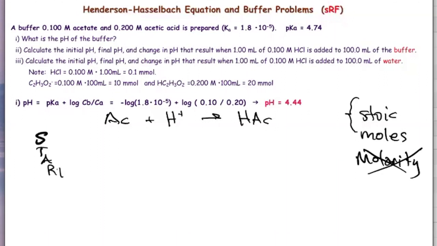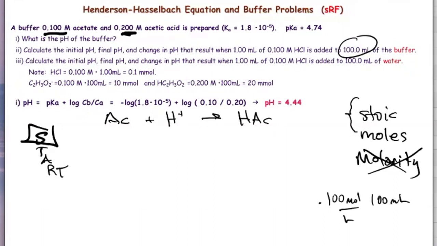So we're using the term S. We need to figure out the moles of the acetate ion. We have here 0.1 molar acetate, and it tells me that I have 100 milliliters of this buffer solution. So if I have 0.100 moles per liter, and I have 100 milliliters, I'm also going to introduce a new